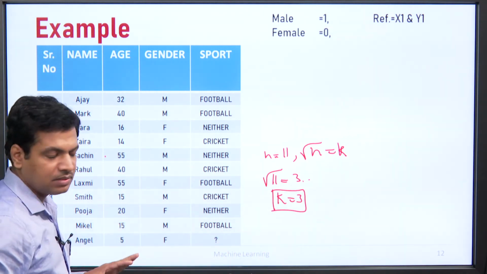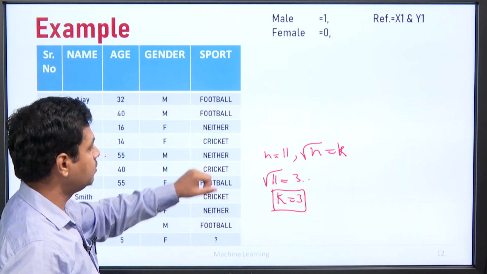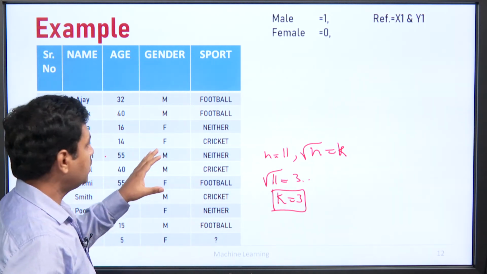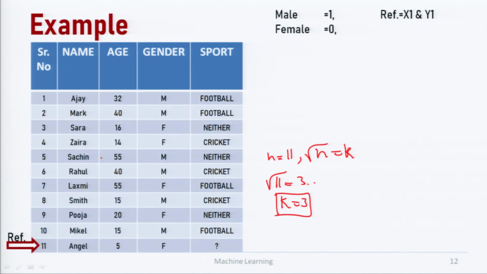Now, this data sample consists of 11 players, and they play either cricket or football or neither of the two, and in this team there are male as well as female players, and their ages are given. In order to find the Euclidean distance, we have to know the formula for that. We will come to that later, but basically here we have only one numeric value, that is age. The rest are in terms of text. This is not considered for the calculation.